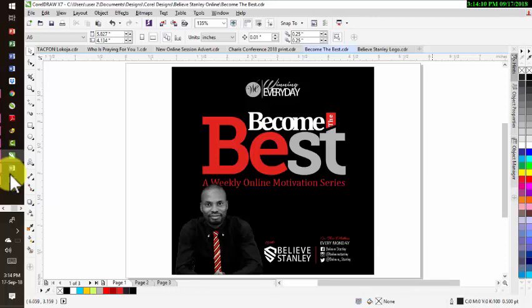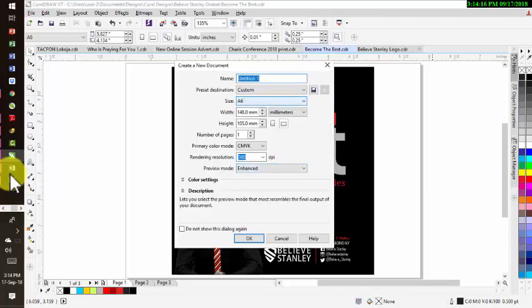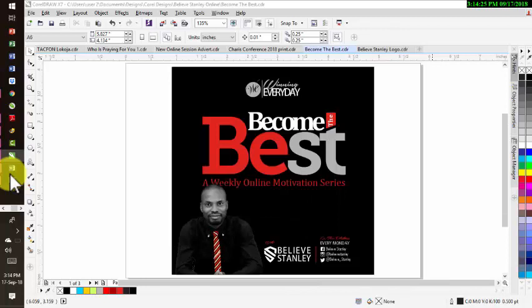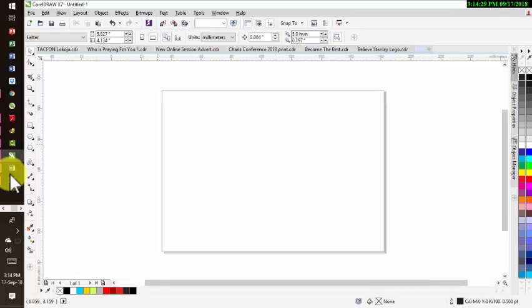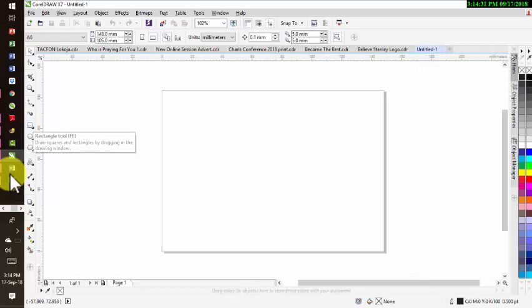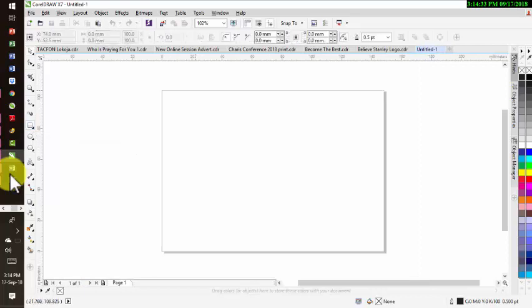Okay, here we go. So Control N is to create your new workspace. Let's say I go with A6 landscape and okay. Okay, it's loading. Yeah, then pick up your shape rectangle tool. You create your box,